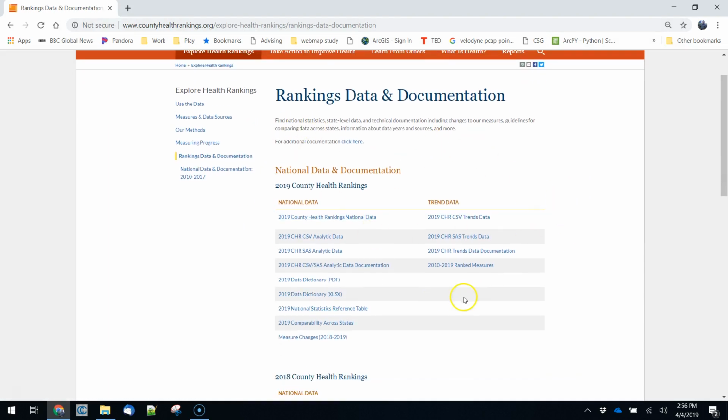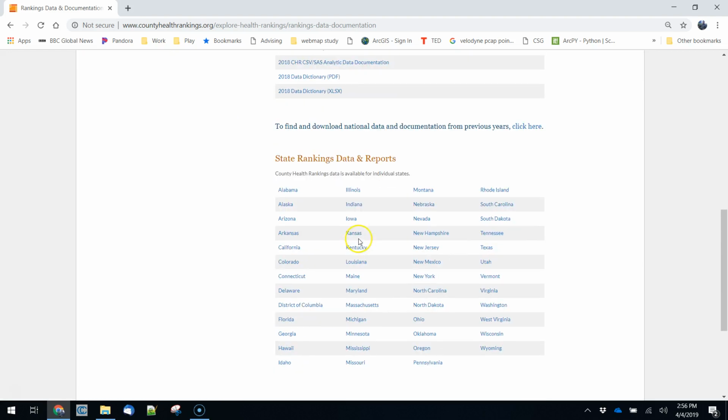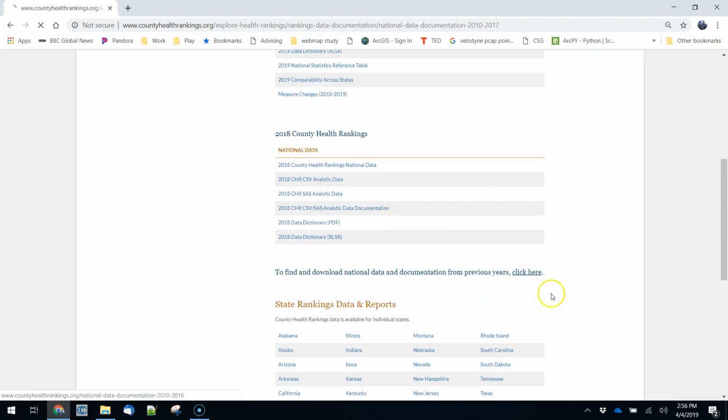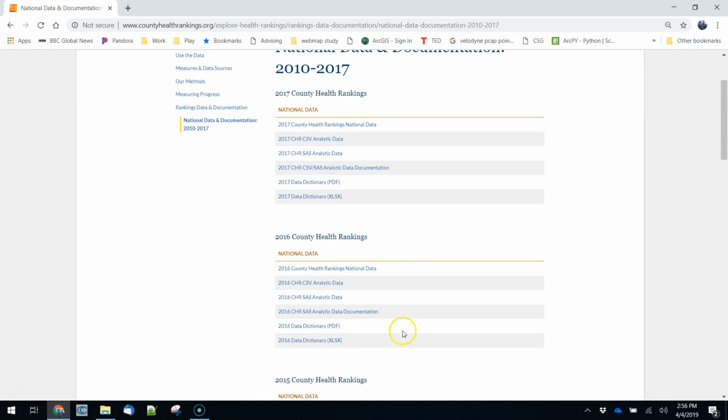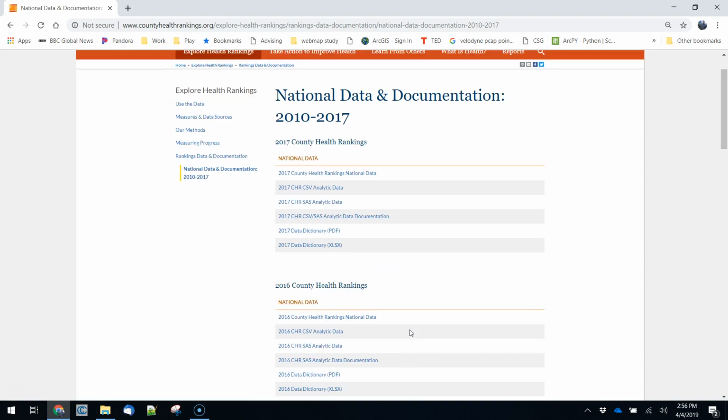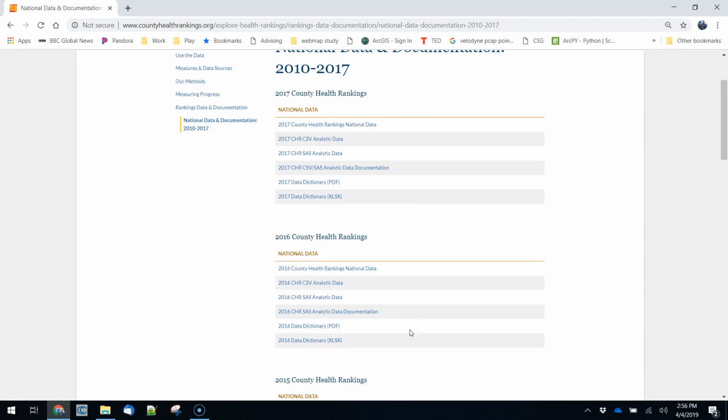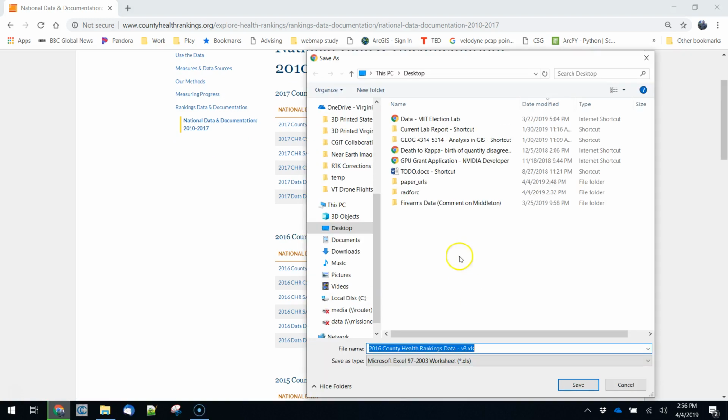And they have a number of different pieces that you can download and look at. So here are the national county health rankings for 2019. You can go back. They've got previous years right here, so you can go all the way back to 2016. So let's just take a look at what it would take to assemble the pieces of this. So we would need 4 variables to replicate his analysis. The first variable we can actually get directly from the county health rankings.